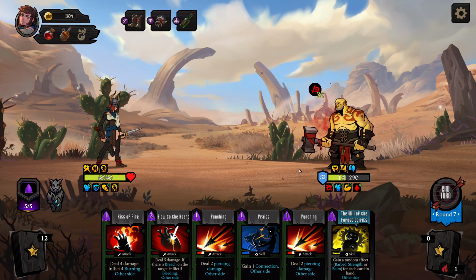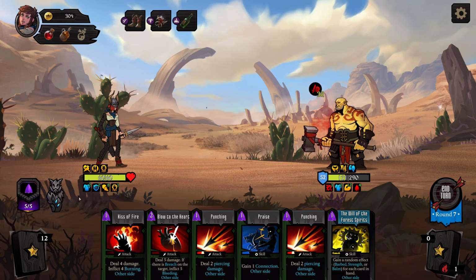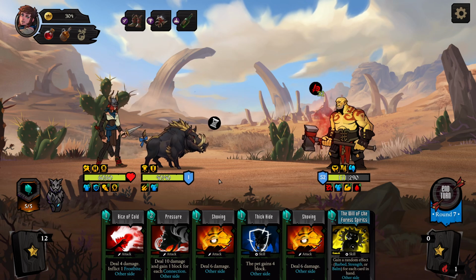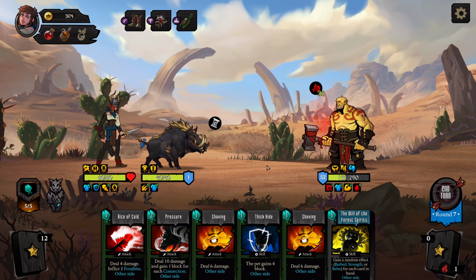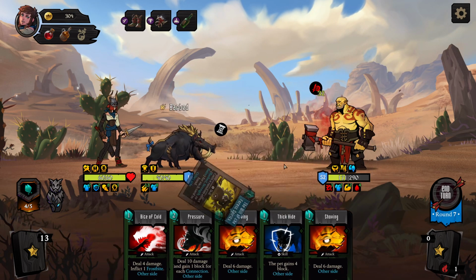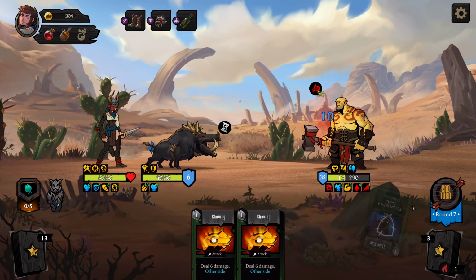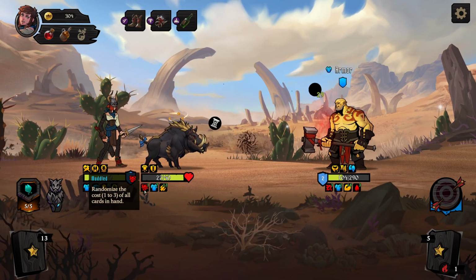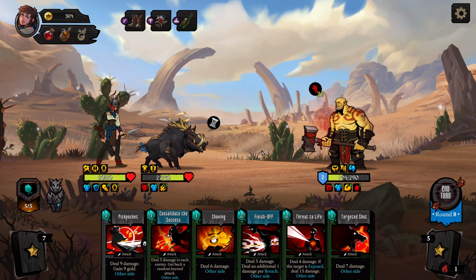I'm debating on calling Prince. I think I'm going to. I have one connection. Alright, that's fine. We'll get through this block eventually. Oh no, it goes away, okay. So Muddled randomizes the cost of all cards in hand. And it looked like it wasn't that bad, actually. Good. So I want to play as many defense...